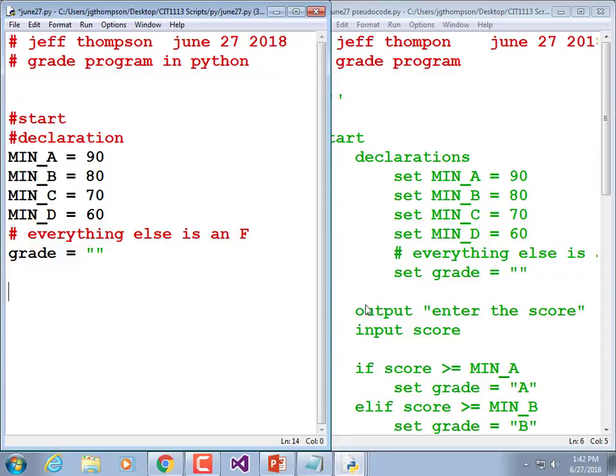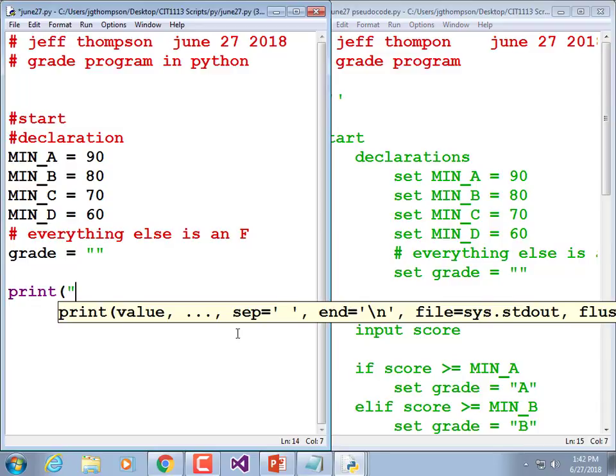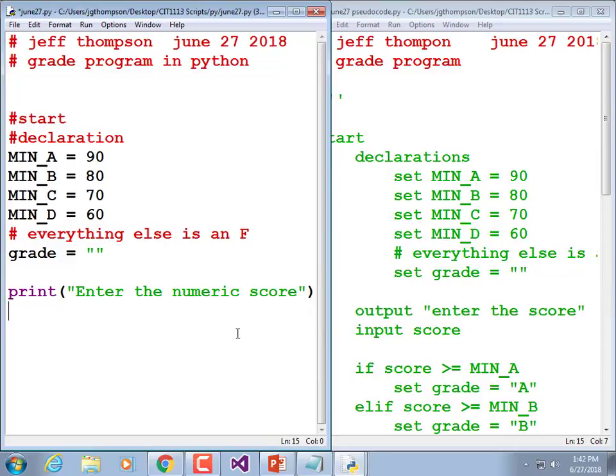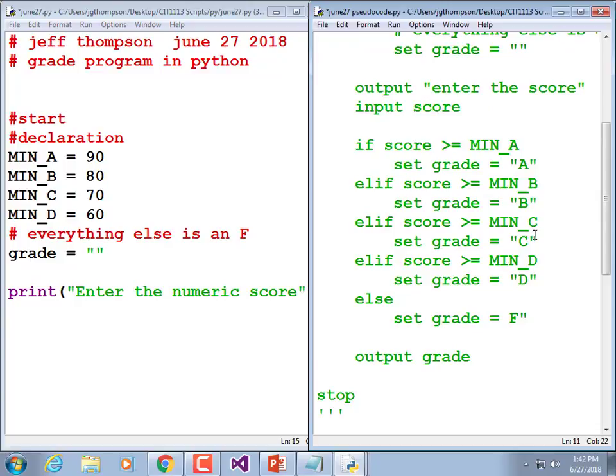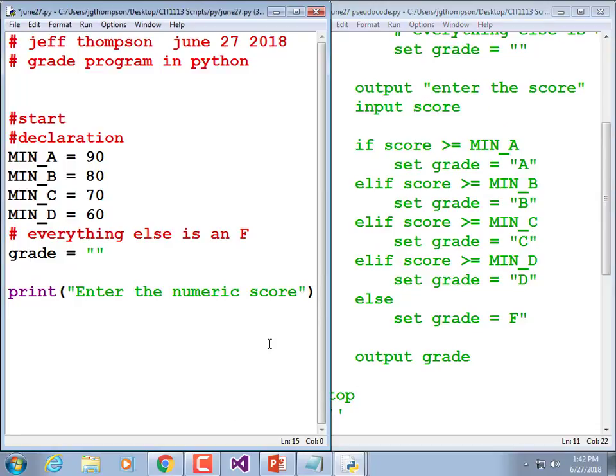All right, so output. We're going to replace that with a print statement. Print into the numeric score. Hey, yeah, real quick, can you go back to the other Python so I can finish typing this one? I kind of got caught up behind. Right there? Yeah. All right. And